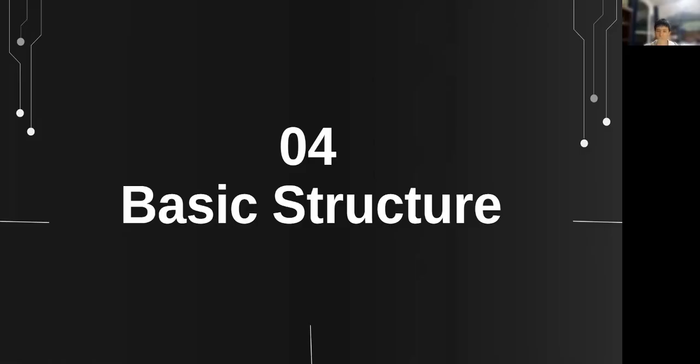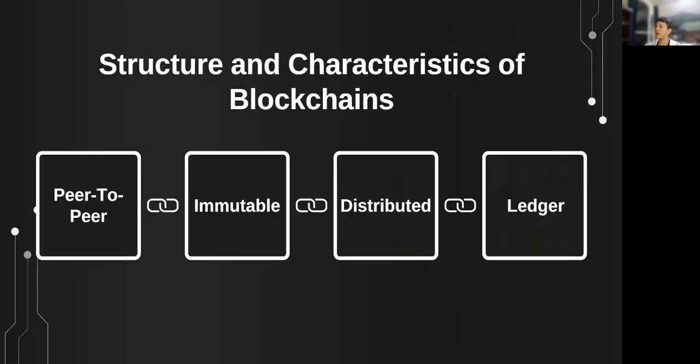So we can talk a little bit about the basic structure of blockchains. Blockchains, in its name, are a chain of blocks. Each block is attached to the last block, and then the next, and then the next, and they form a very, very long string of blocks. And essentially, there's a few main characteristics of blockchains that set them apart from traditional payment systems or traditional centralized